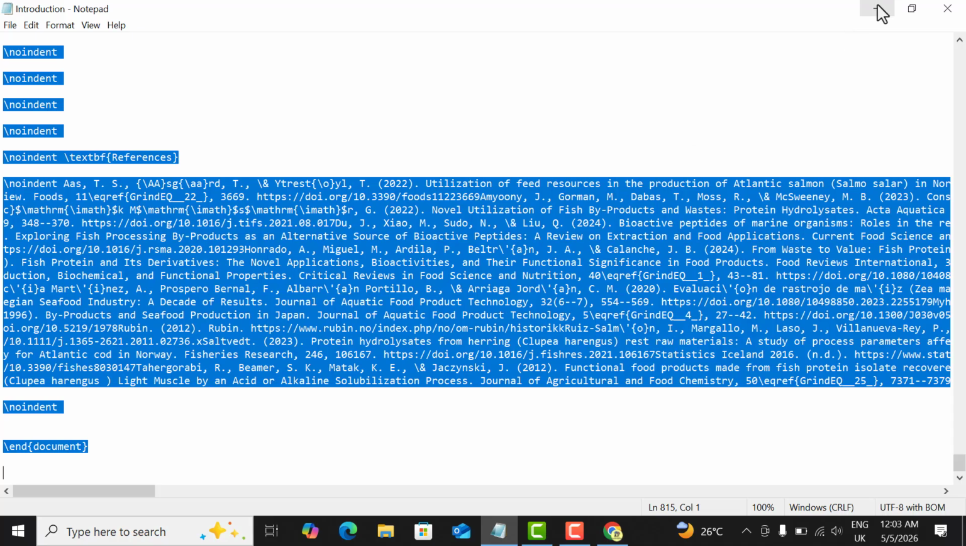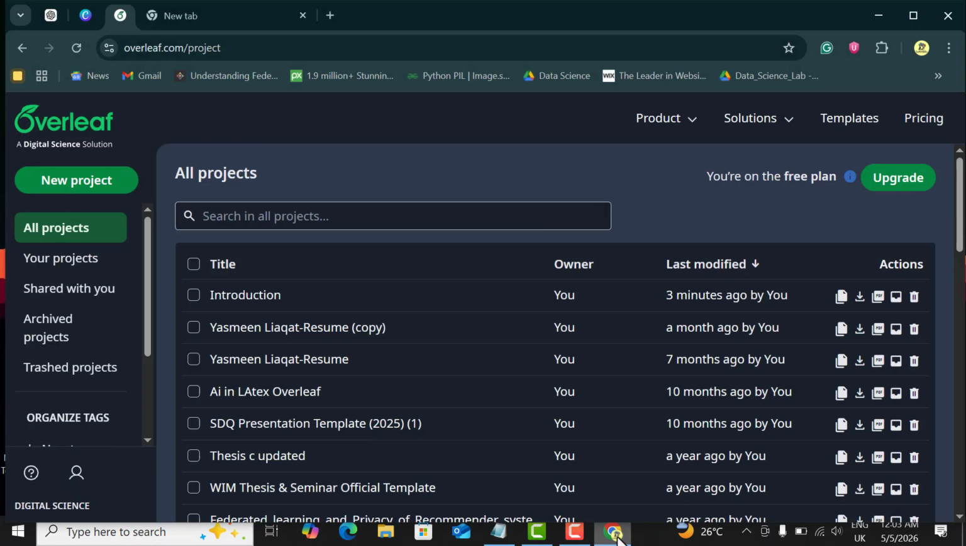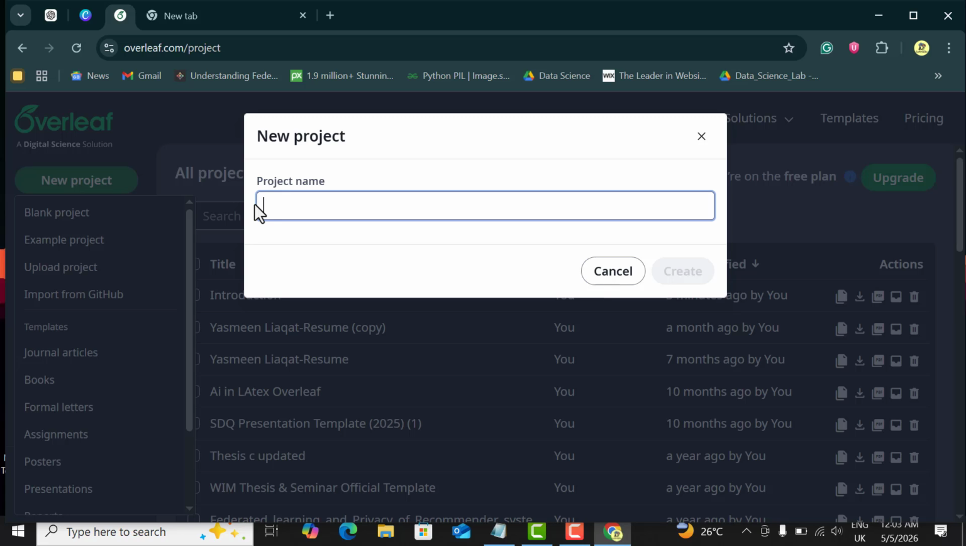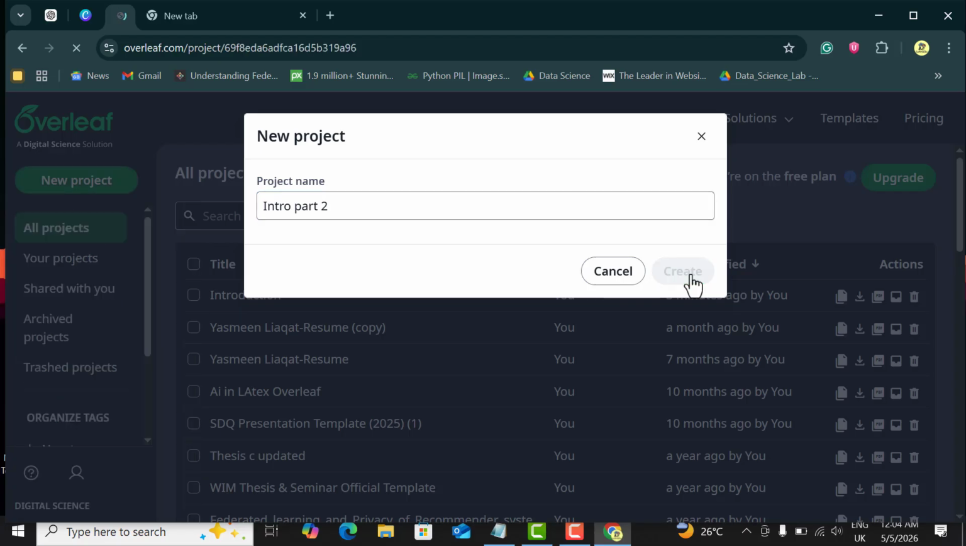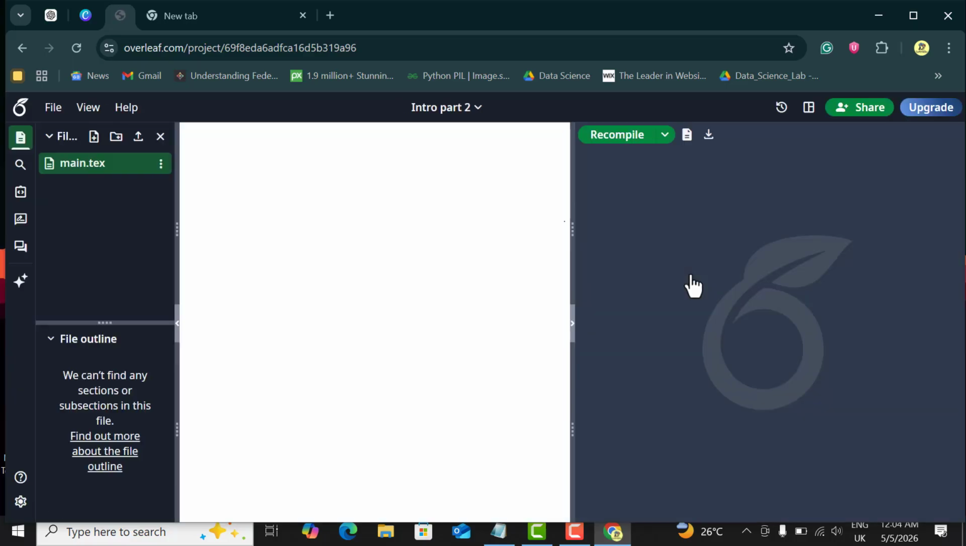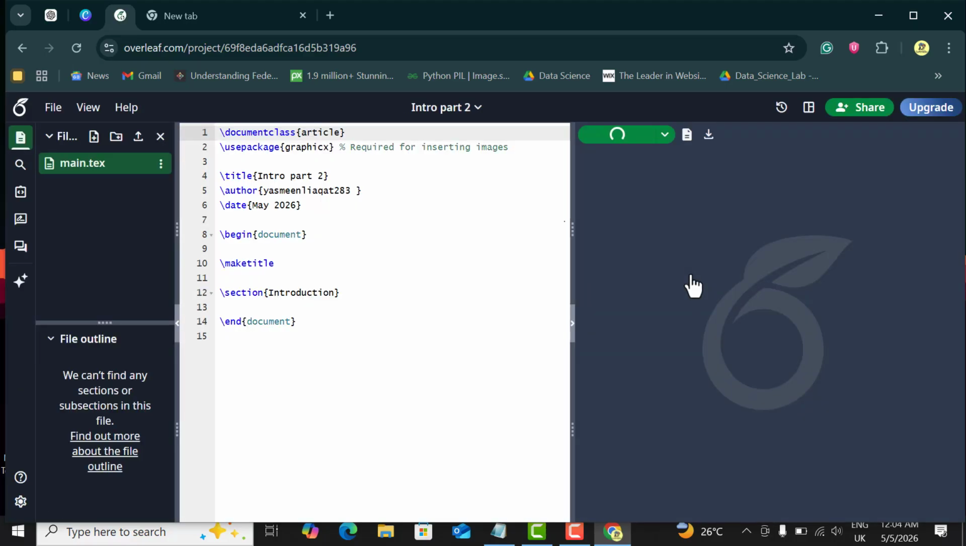C. Then simply I will go to the Overleaf account, and now here I will click on the new project, then click on the blank project. Then I will name a file intro part 2, because I already have a file named introduction. Now I will click create. Now I have created a blank project in our Overleaf account, and simply in that blank project, I will simply